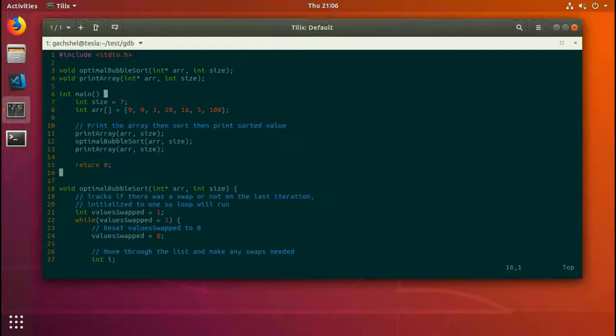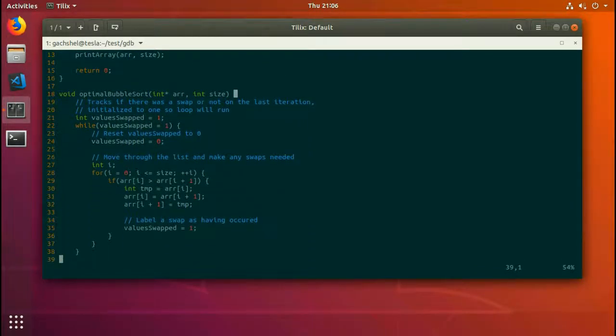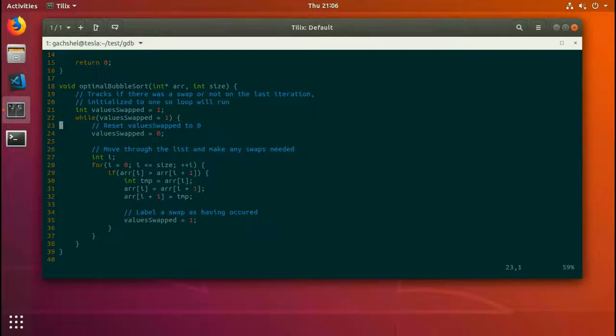Here it goes, I'll just expand it a bit. I've got a variable to track if there was a swap or not on the last iteration. I initialize it to 1, so the loop will actually start. And I run while the value swapped is equal to 1. I reset value swapped to 0, that way if I swap anything, I change it to 1. That's the basic idea. And this makes it so if I don't swap anything, I don't have to run through the entire list